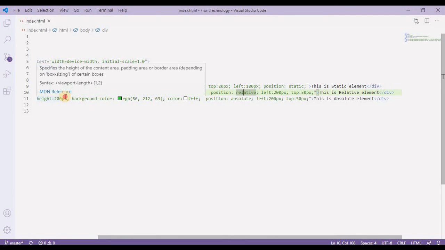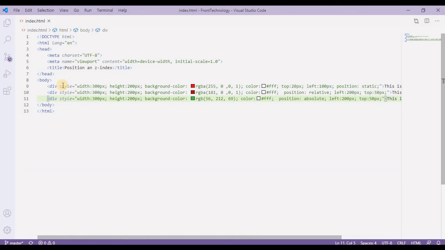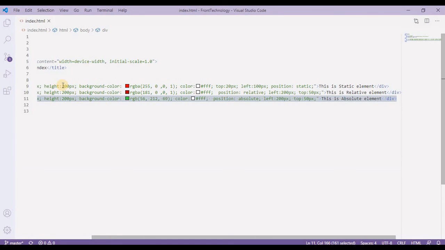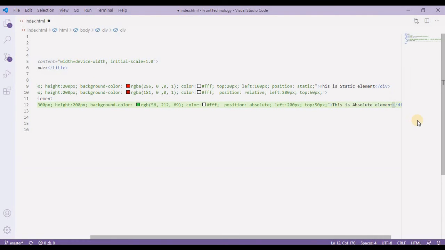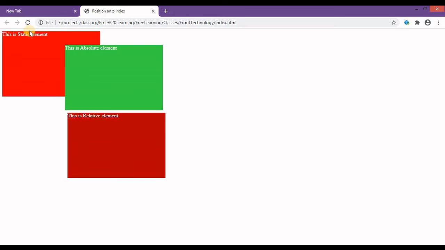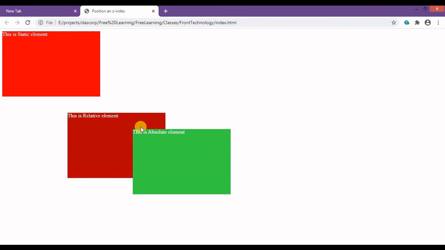So let's cut this line of code from over here, and let's include this over here. Now let's go back to the browser again and let's see. Okay, now it is calculating its top and left values from the parent element, which is this relative element.